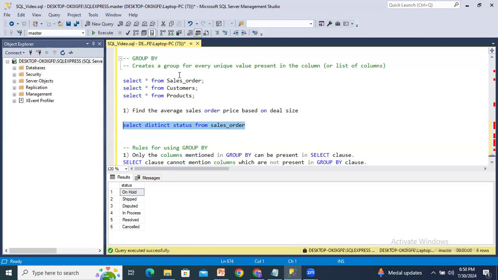Similarly, GROUP BY also creates a group for every unique value like this. DISTINCT is almost similar to GROUP BY. Whatever the distinct or unique values are, we have to get those. So it creates a group for every unique value present in the column or list of columns. For example, if we keep this aside,